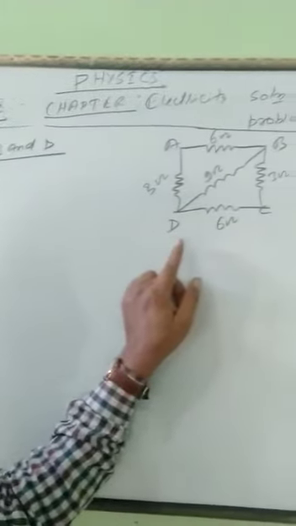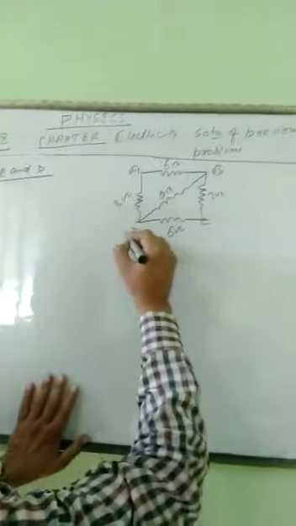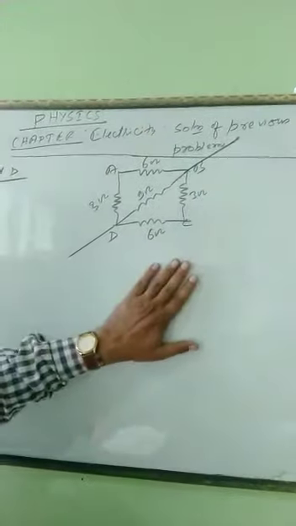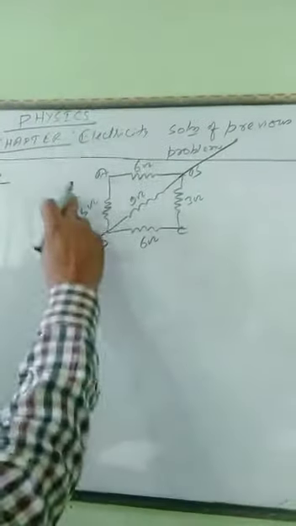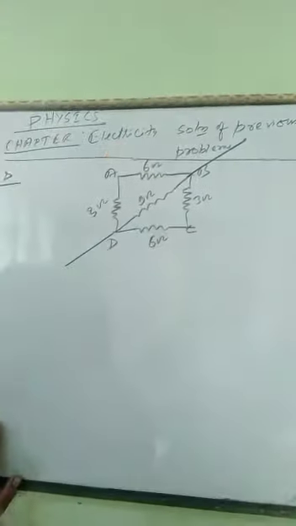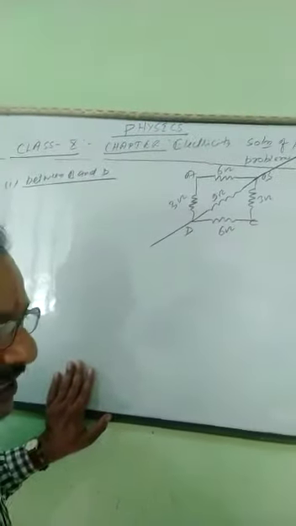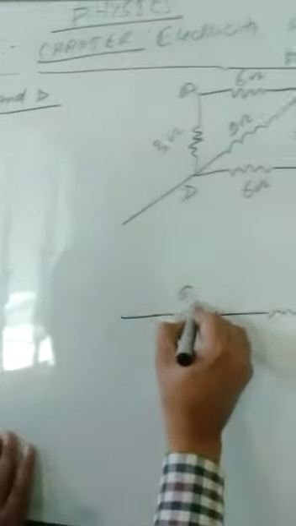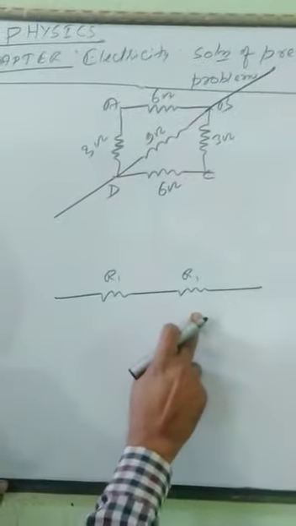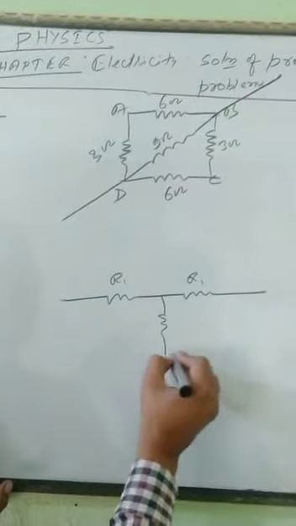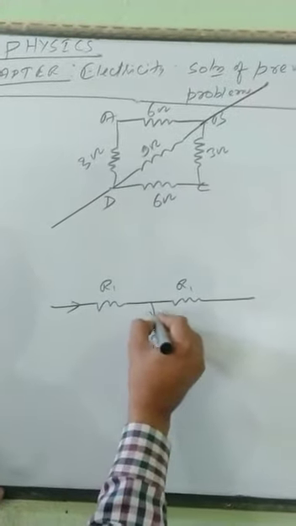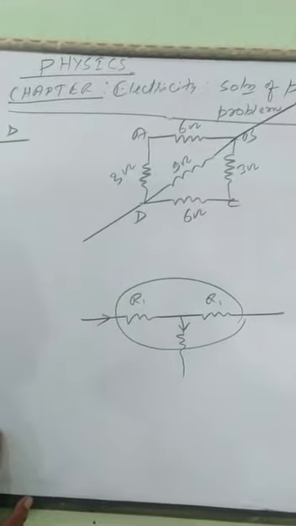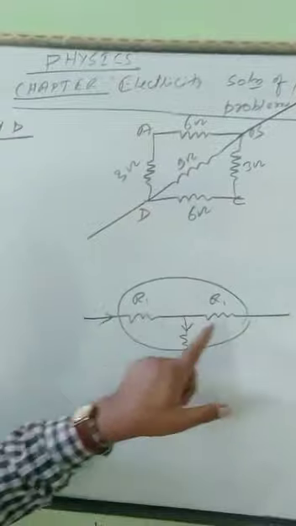First of all, find where B is and where D is. This is B and this is D. Elongate this wire. Now look at this figure very clearly. Both of these are continuous. If two resistors are continuous and there is no other wire, yesterday I told you that if this is R1 and this is R2, at this time it is in series. But if you draw another wire so that some amount of current also flows through it, then this series has already been cancelled. Now you cannot consider R1 and R2 in series.